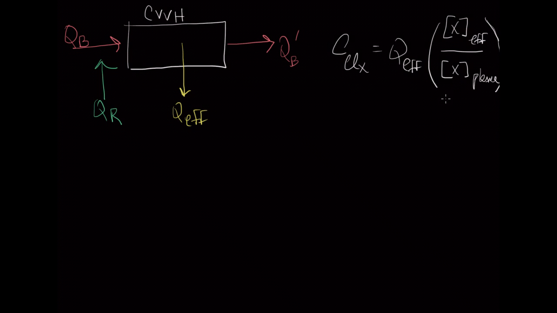First, we know that over time, the concentration of any substance in the effluent will approach the concentration in the plasma. In other words, the concentration that you provide of that substance in the replacement fluid will be the concentration in the blood or the plasma over time. So that makes this entity equal 1. And that's why you can cross this entity out. They will cancel each other out because over time, concentration in the plasma will equal the concentration in the effluent. So then you're left with